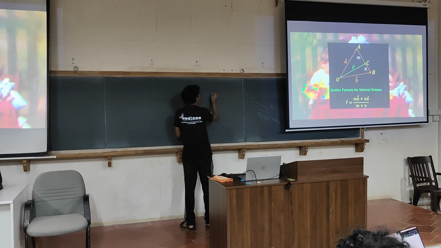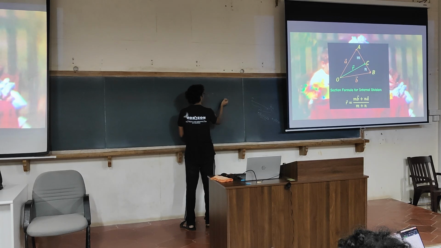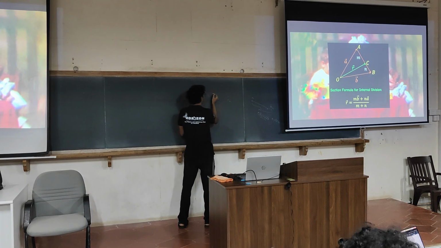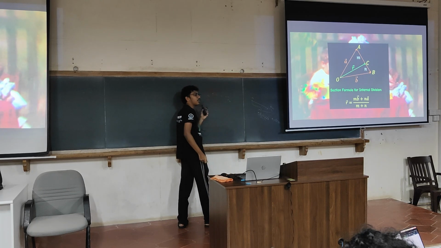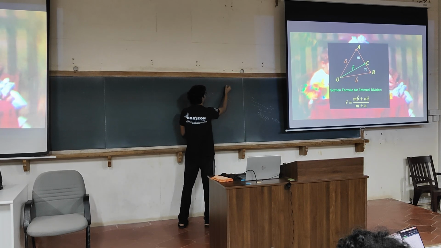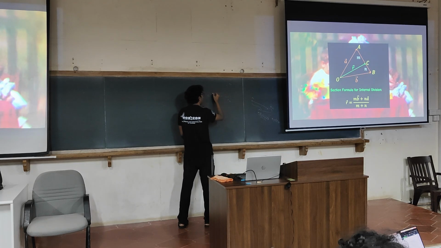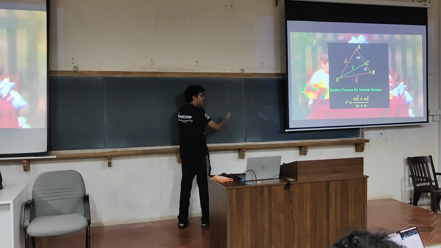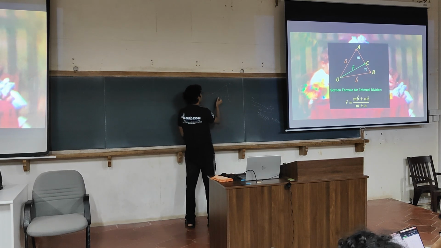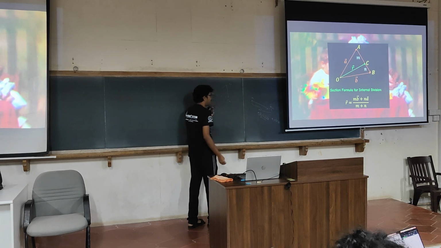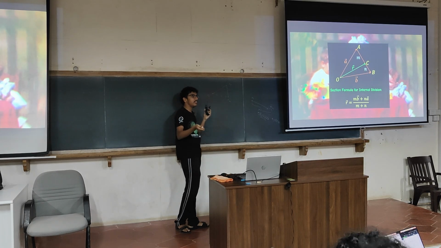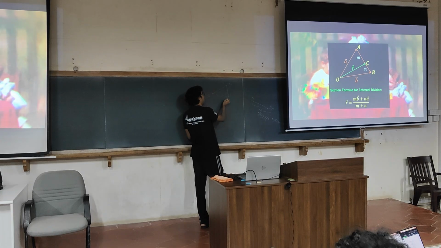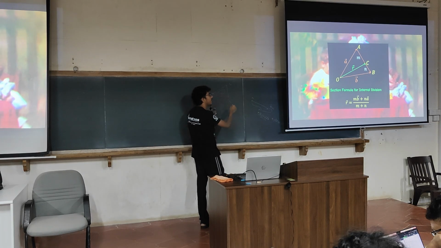In the chromaticity diagram, if I have two colors C1 and C2, I can produce all the colors within C1 and C2 by changing the intensity of C1 and C2. Similarly, if I have a third color C3, I can produce all colors inside this triangle by changing the intensity of C1, C2 and C3. But if I want to produce a color outside the triangle, I can't, because I need to negate one of the colors, and there is nothing called negative intensity. So with these three base colors, I can only produce all colors inside this triangle.